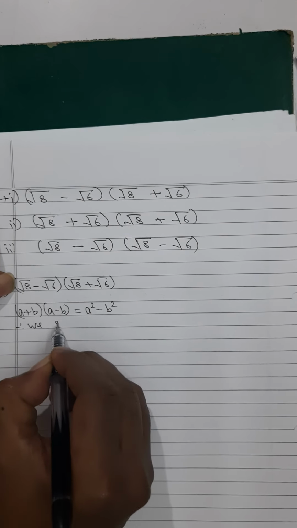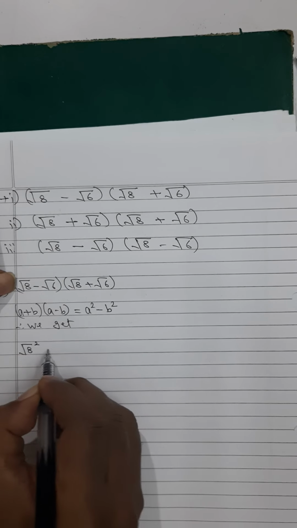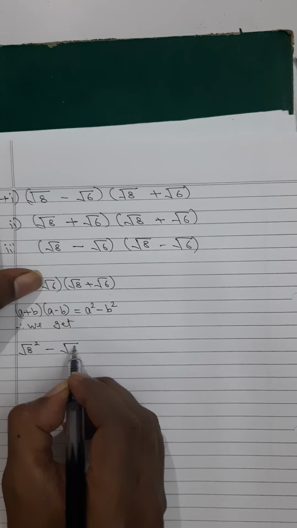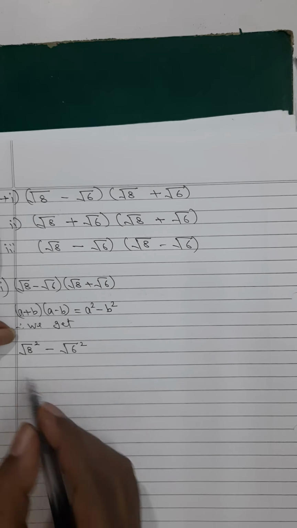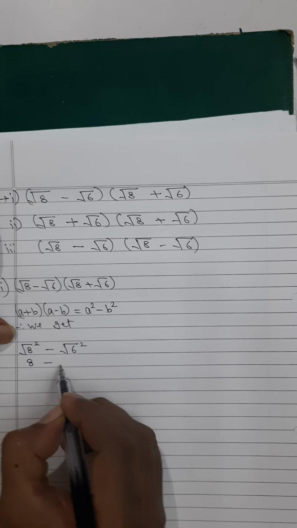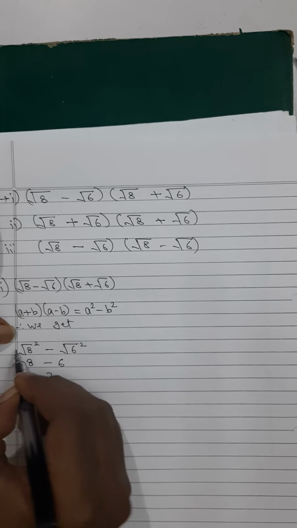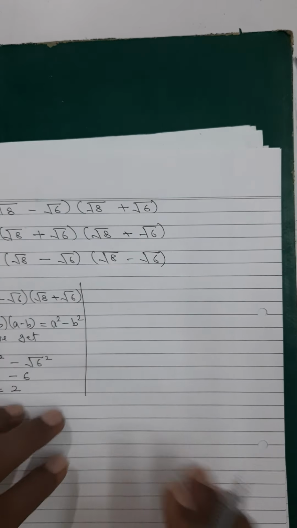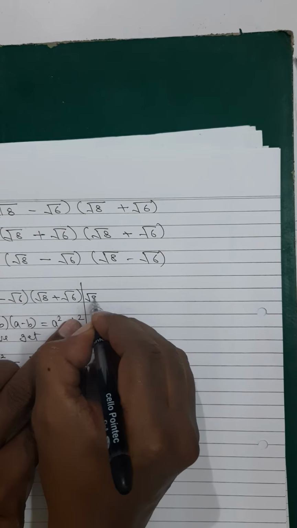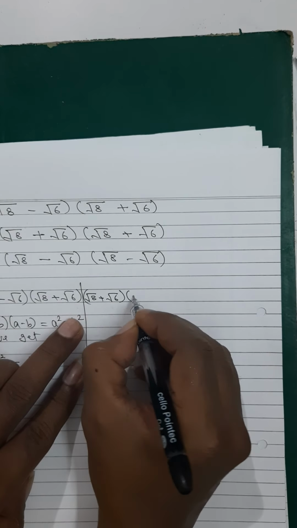Therefore, we get the square of the first term root 8 square minus the square of the second term root 6 square. Now what will happen? This root and square will cancel out. So you will get 8 minus 6, and 8 minus 6 is 2. This is going to be your final answer. Fine. And if the same question would have been solved like this, if the question would have been root 8 plus root 6 into, both are going to be root